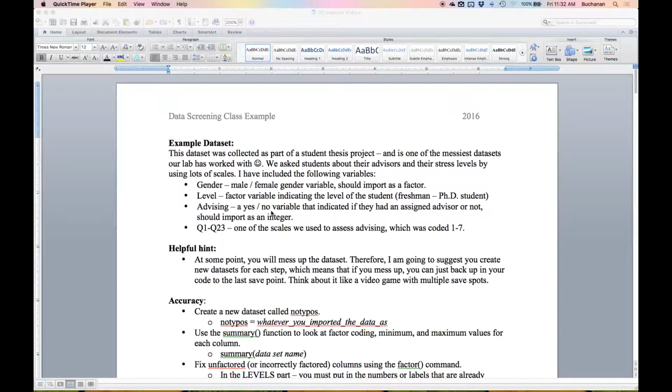So I'm going to work the data screening class example for my advanced statistics course. I'll start by saying this is one of the messiest data sets that I have. The real data set has hundreds of columns that are sort of here, there, and everywhere. So this is a student thesis project that got published, and we are looking at a bunch of different variables,